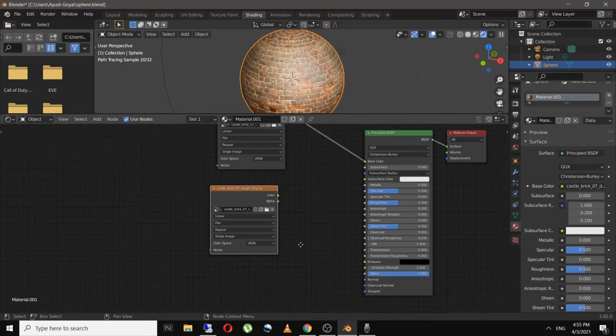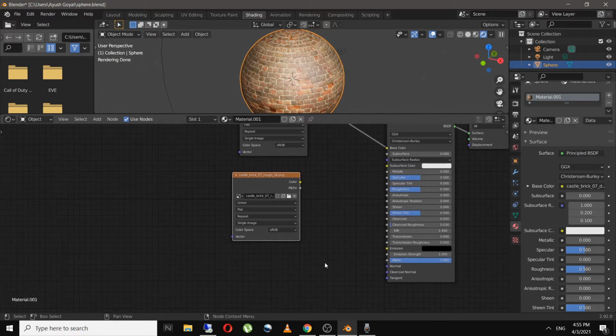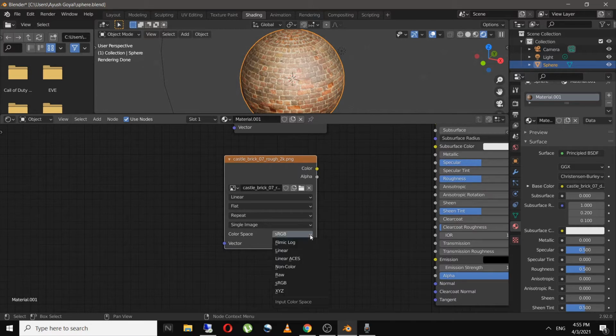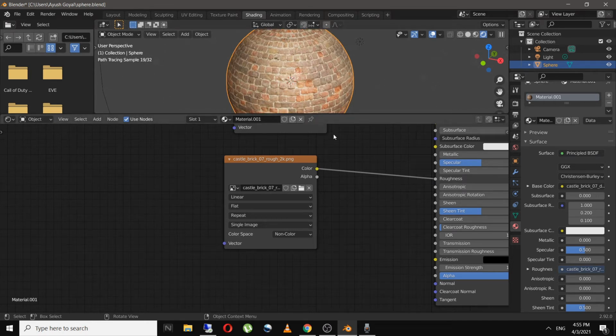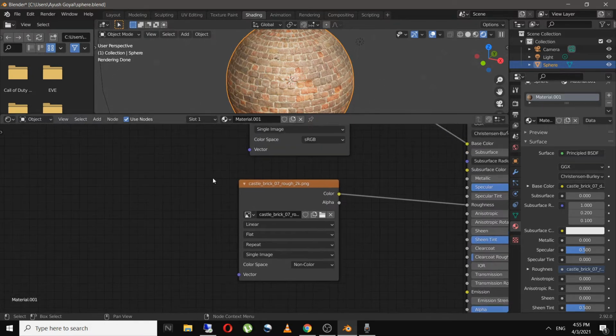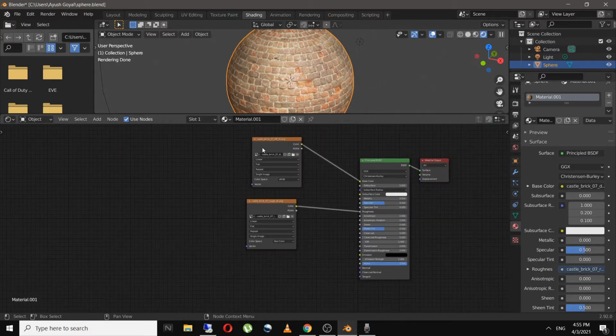The rough image is a non-color image, so I will change it from sRGB to non-color and I will connect this color to roughness. So as you can see, we now have the roughness of the sphere. We don't have to edit the roughness in the UV editor because Blender automatically takes the UV data of this image into here.